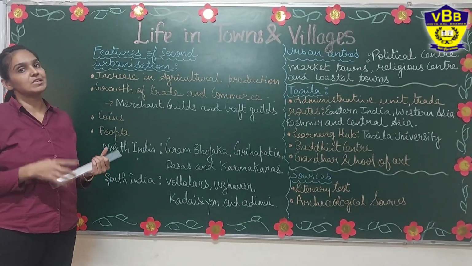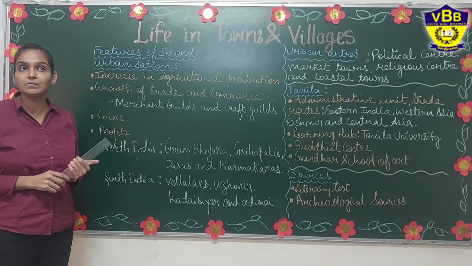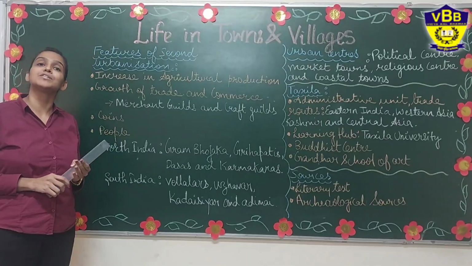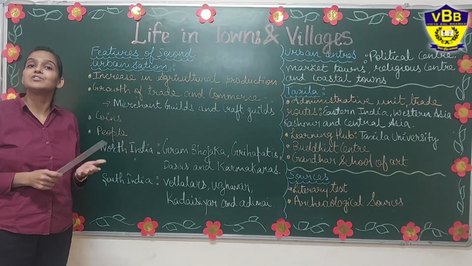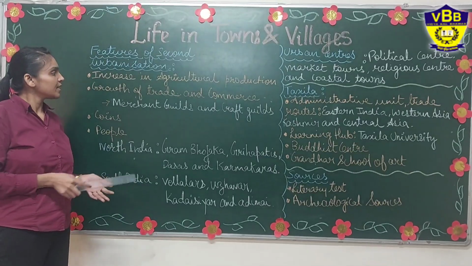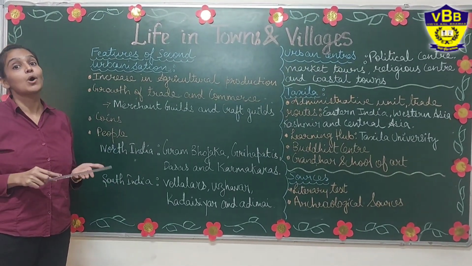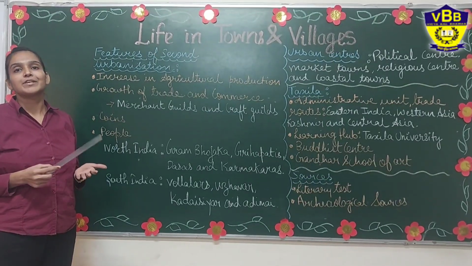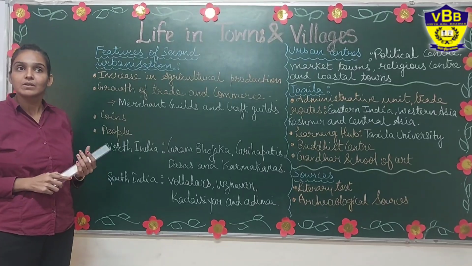Now people used to sell the extra product in the market. There were more and more traders. Now traders thought that we should have some set rules and regulations for doing trade. We should protect ourselves from any cheating and harm. So they organized themselves in groups. These were known as Shrenis or guilds. These Shrenis and guilds acted for regulating the trade and safeguarding the interest of their members.